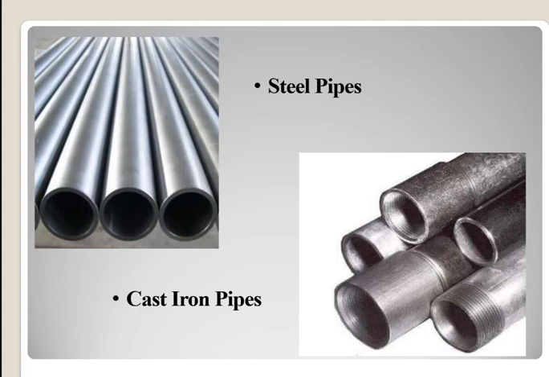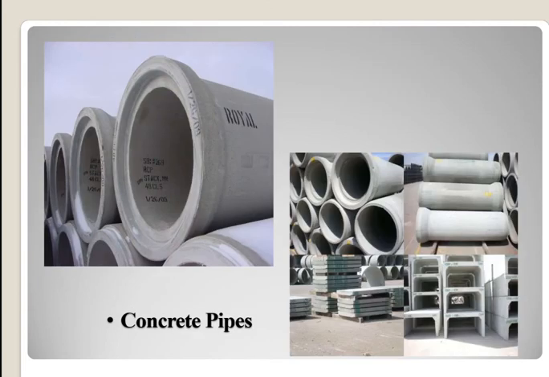Now coming to the concrete pipes. Concrete pipes may be either precast or cast in situ. That is, they may be cast previously in factories, or cast in situ, that is cast at the site. Plain concrete pipes are used at such places where water does not flow under pressure, and these pipes again are jointed using various joints like the bell and spigot joints, etc. The plain concrete pipes are usually up to 60 centimeter diameter, and above this they are reinforced, that is, above 60 centimeter normally the pipes will be reinforced.